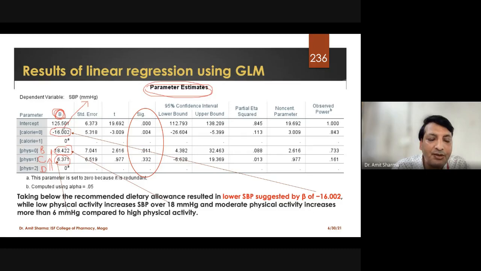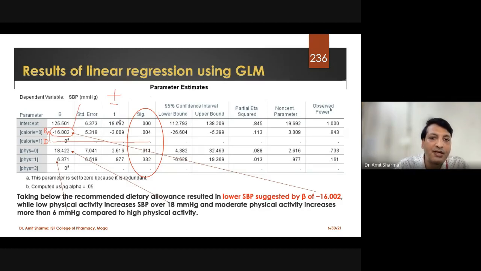And for example, you are comparing drugs: one is beta blocker, second is calcium channel blocker, or second is diuretics. Diuretics will act as the standard. If you switch to beta blocker, how much is blood pressure going to decrease? It is going to decrease 16 mmHg. So this sign which you get, either plus or minus, will help you find out what to write: whether the blood pressure is increasing or decreasing.